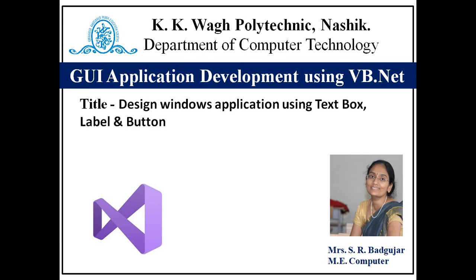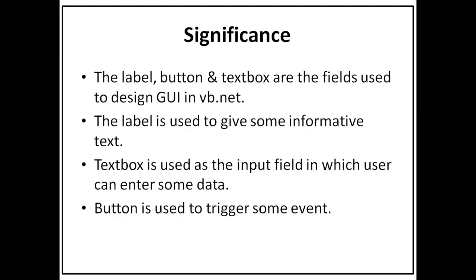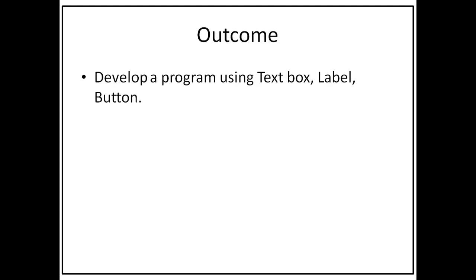In this lecture you will learn how to design a Windows application using text box, label and button. Significance: the label, button and text box are the fields used to design a GUI in VB.NET. The label is used to give some informative text. Text box is used as an input field in which the user can enter some data, and button is used to trigger some event. After completion of this lecture, you will be able to develop a program using text box, label